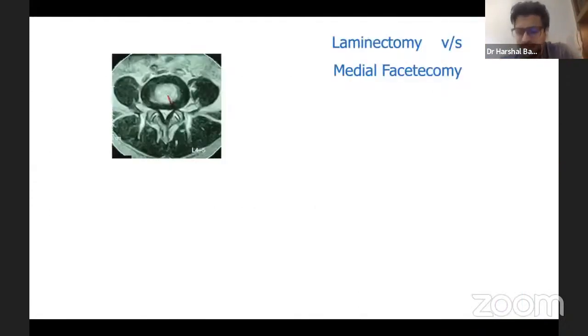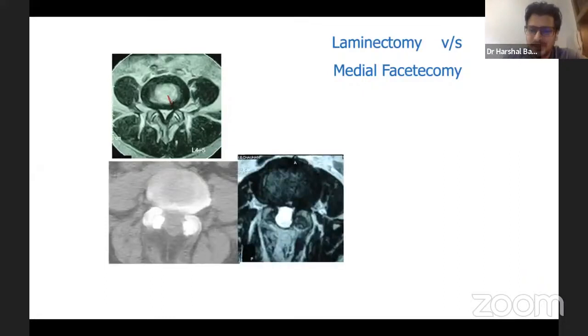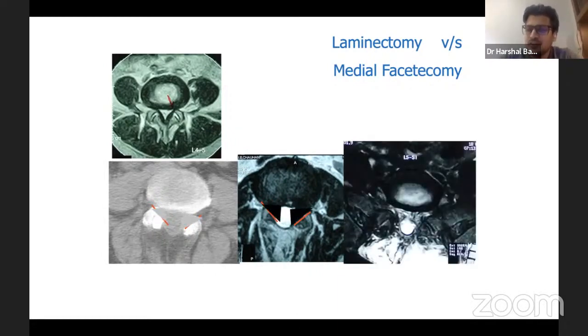What is laminectomy and what is medial facetectomy? In this axial cut, we have a central canal stenosis and a lateral recess stenosis. When you do a laminectomy and remove the midline ligamentum flavum, you are decompressing the central canal. So you have enough play there, but the lateral recess still looks tight. We actually have to cut the facet, if it is overhanging, to get the lateral recesses cleared, and that gives us a wide, nice root, which is seen here. That is the proper medial facetectomy which is required for a lateral recess stenosis.